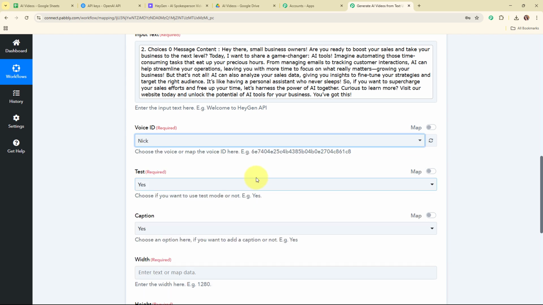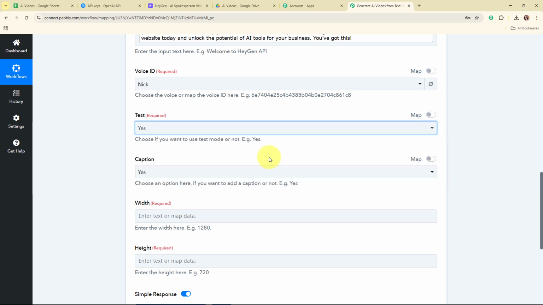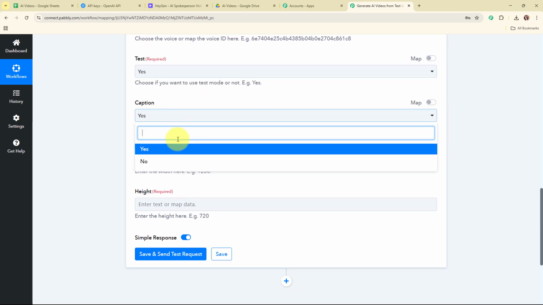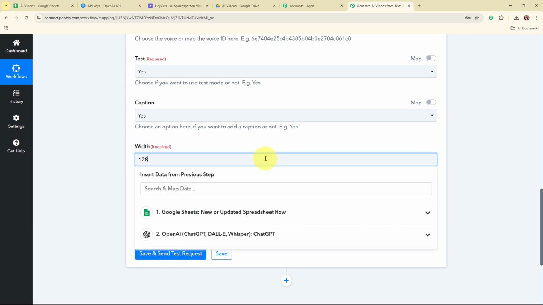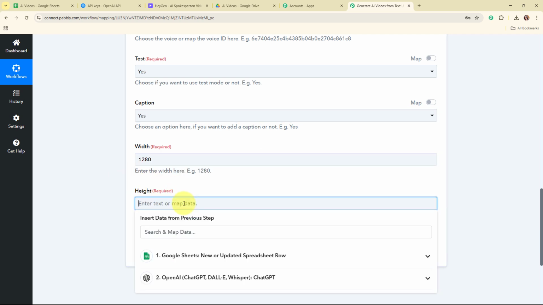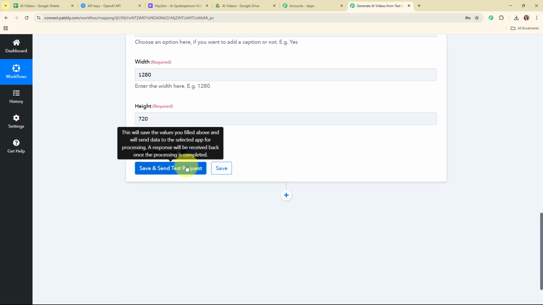So I'm going to select that, and here for the test, I'm going to select yes, and here for the caption, I'm going to select captions as yes. You can select the caption as per your need, and then here it is asking for the width and the height. So here I'm going to add the width as 1280, and here I'm going to add the height as 720. Alright, so now here after entering all the required details, I'm going to click on the save and send